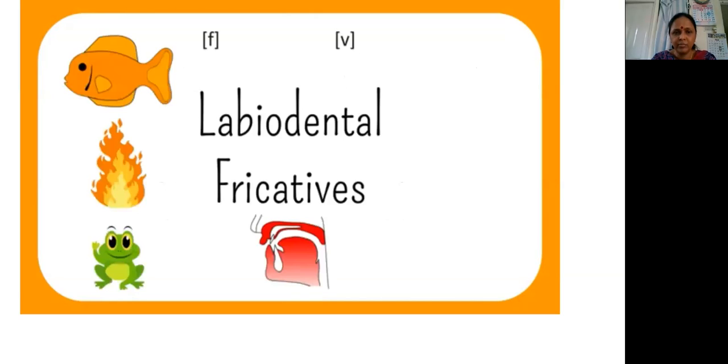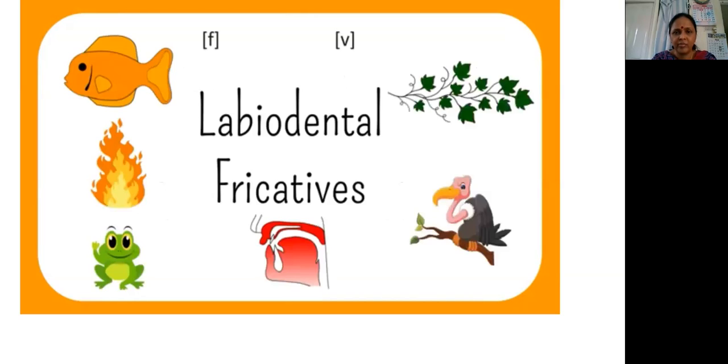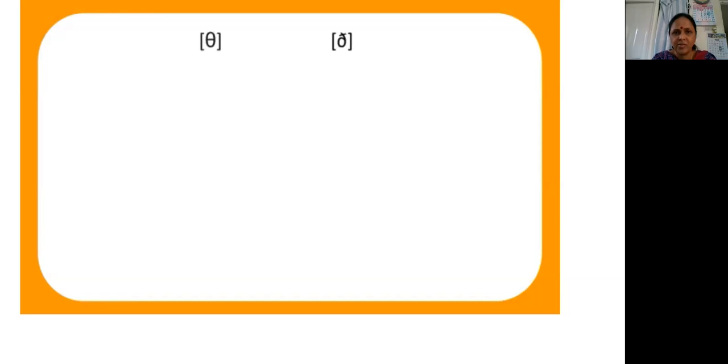The voiced one is seen in words like vine and vulture. These sounds are really interesting. Well, I think so anyway, because they're not as common as you might think. We have them in English and Icelandic, but these sounds are completely foreign to other Germanic languages,